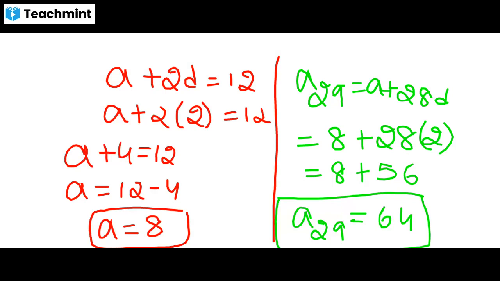So what is the 9th question we have? If the third and ninth terms of an AP are 4 and minus 8 respectively, which term of this AP is 0? Try to understand, children. In the previous question, they had given the term number and asked you to find the 29th term. But in this question, they have already given the term value. The nth term, the n value you should find in this. To find this, first we need what is A and what is D.